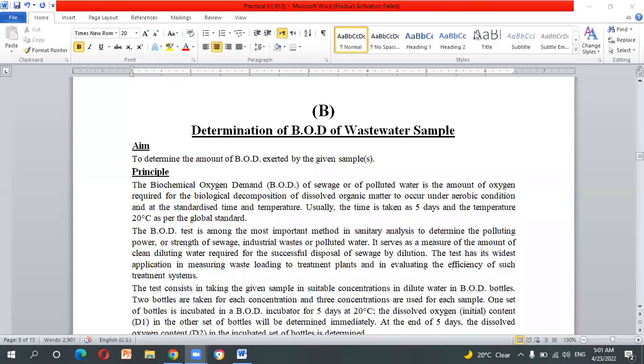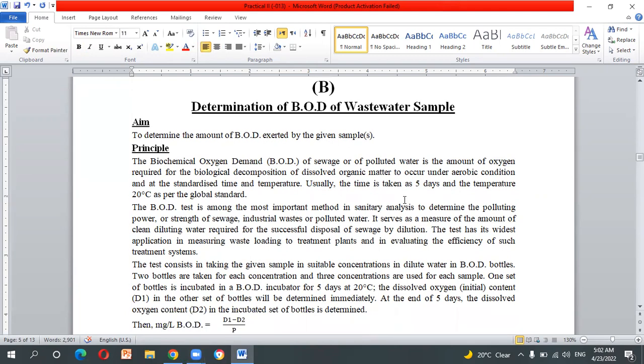The second method for wastewater testing is determination of biochemical oxygen demand of a wastewater sample. The aim of this practical is to determine the amount of biochemical oxygen demand exerted by a given sample. The principle of this practical is that the biochemical oxygen demand (BOD) of sewage or of polluted water is the amount of